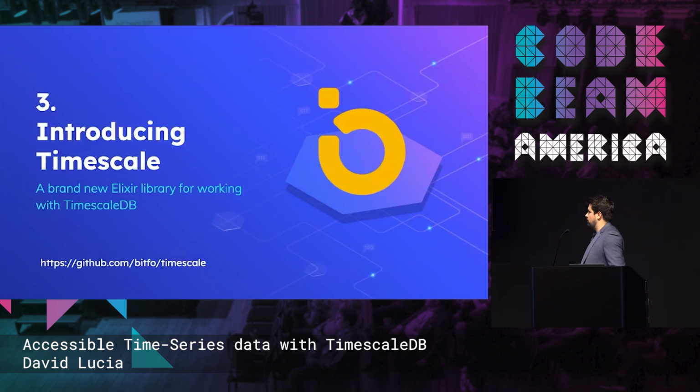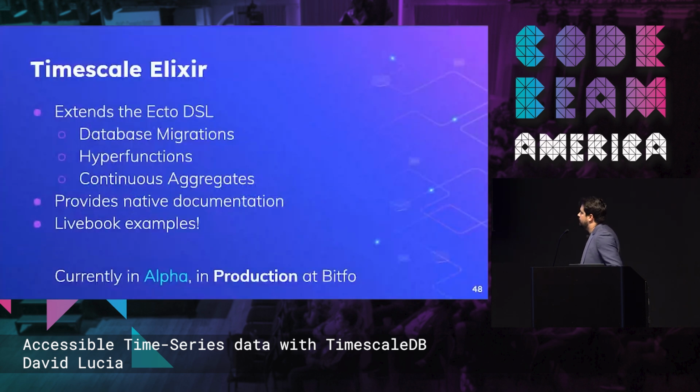All right, so spoiler alert, we've been looking at Elixir code this whole time. How could that be? Because we have an Elixir library that works with Ecto for Timescale. So it extends the Ecto DSL. It's basically just a thin wrapper around the fragment macro and some other things that we may have stolen from the Ecto code base. It has features for database migrations, hyperfunctions, actually doesn't have any continuous aggregate features, and would love to have some, so call for speakers. Would love for you to get involved.